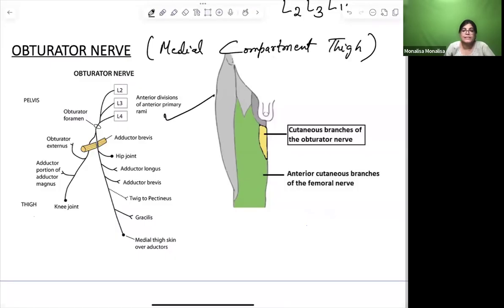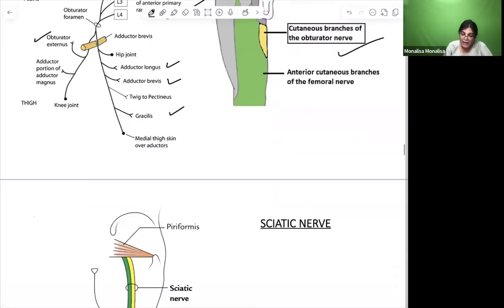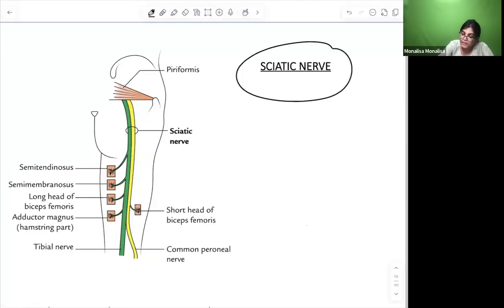And its root value is the anterior division of L2, L3 and L4. It is giving innervation to adductor longus, adductor magnus, pectineus, obturator internus, and obturator externus also. It is giving innervation to the medial most part of the thigh. So this flow chart is showing you all the innervation area of the obturator nerve, the nerve of the medial compartment of the thigh. Next comes the sciatic nerve, which is the nerve of